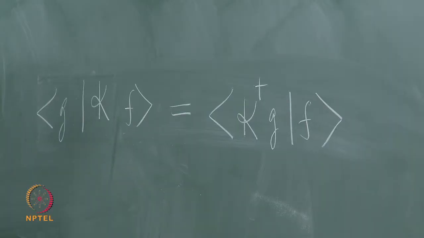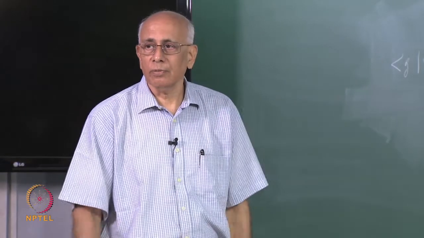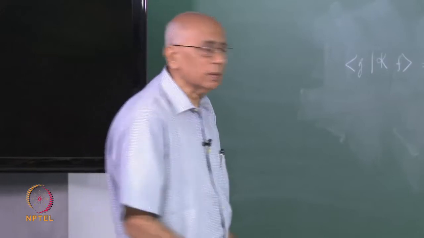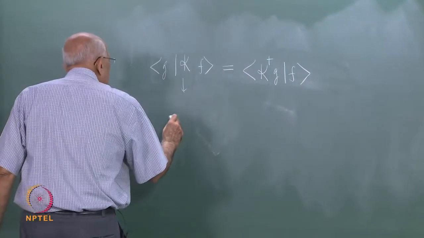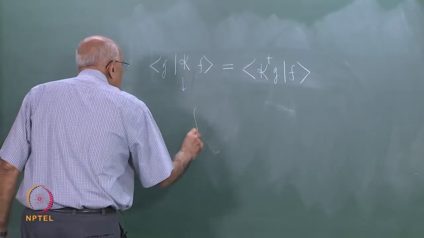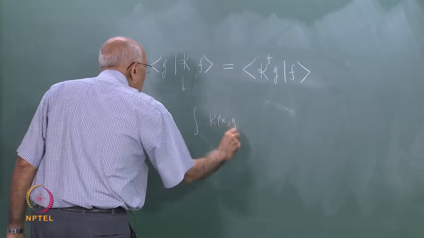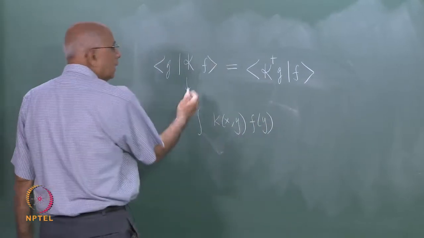For all pairs f and g in this space. If there is, then this k dagger is identified as the adjoint of my operator k. So let us see what it does for integral operators. The translation of this says take the integral of k of x comma y, f of y, you integrate over whatever the